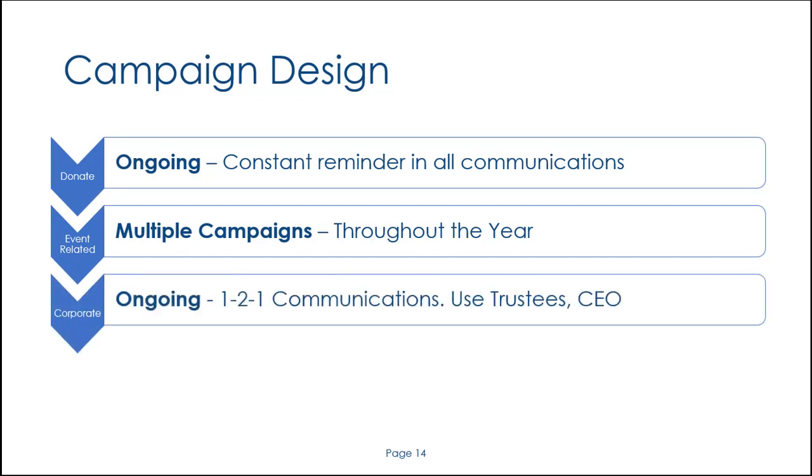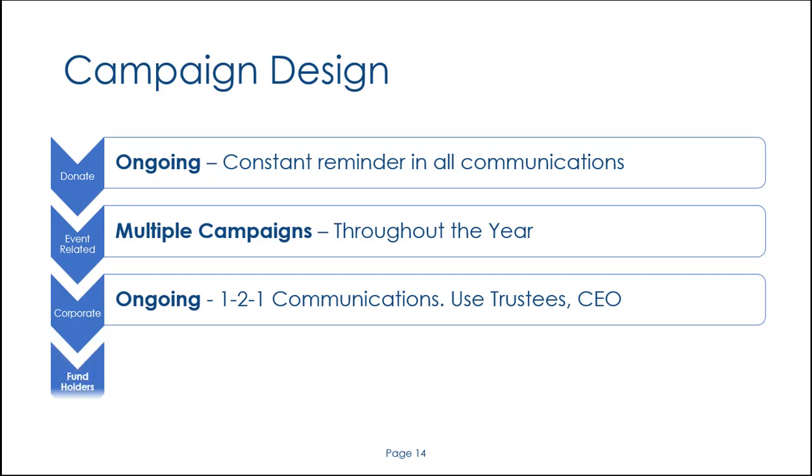The third category is corporate entities. And again, this is an ongoing process for most charities. Here we're talking probably about one-to-one personalised communications. If you want to engage with corporates, it's probably not appropriate to expect them to come and find you on social media or to answer unsolicited emails. This is more likely to be one-to-one personalised communication, either by telephone or by written letter, between your chief executive or the chairman of your board of trustees and a senior person in the target corporate business. They're more likely to answer a personalised letter than they are to answer an unsolicited email.